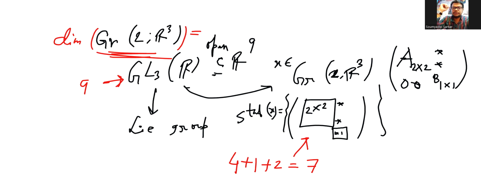And what is the dimension? So the dimension is 9 minus 7, so basically 2. So these are two-dimensional smooth manifolds. In general, you can show that